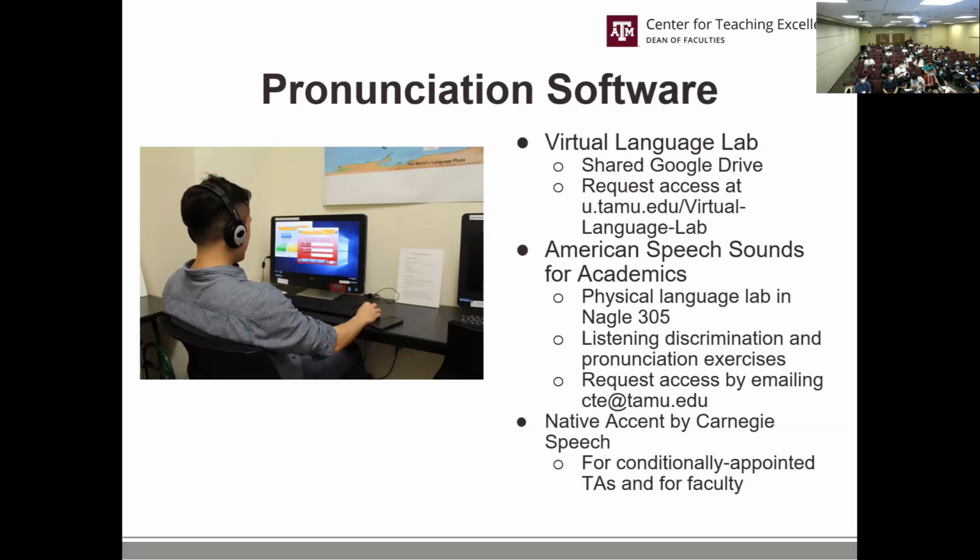So if you're interested in one of the restricted services, such as you'd like us to come to your classroom and observe you teaching and give you private feedback later, if you want private consultations, which are like tutoring, if you want to be matched with a US undergraduate student for a conversation partner, then send an email to our address, which is here, CTE@tamu.edu. CTE stands for Center for Teaching Excellence, and express your interest. For the others, you can go to the event registration system or request access to our virtual Google Drive.